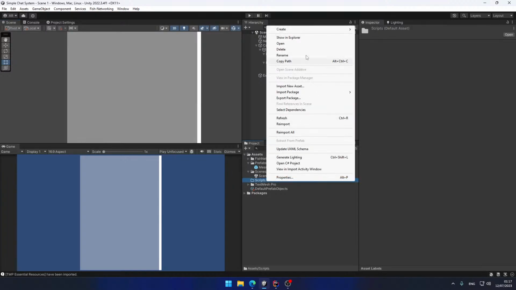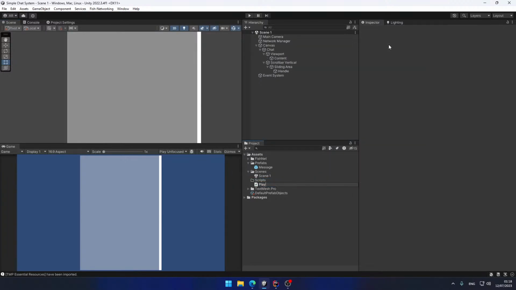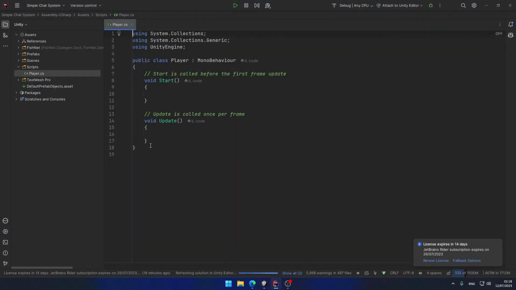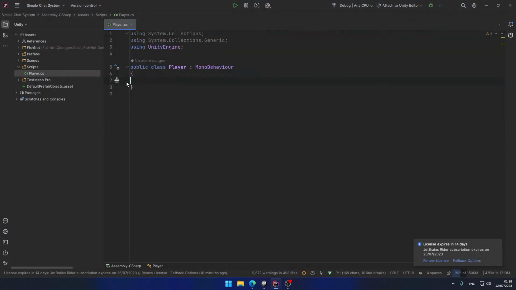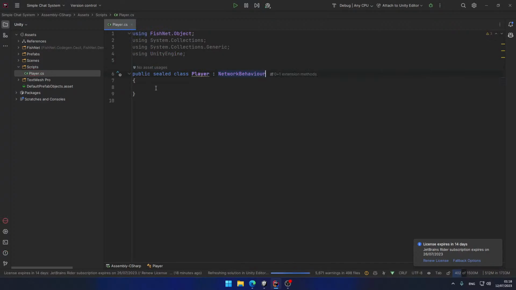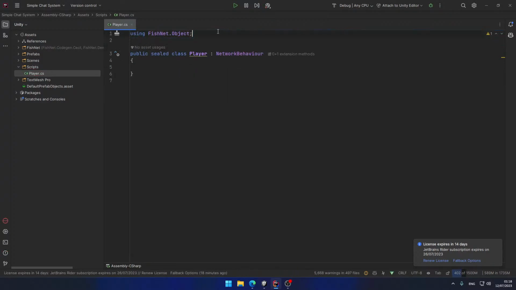First of all, I'm going to create a player script. Of course, I'm going to remove all the default code and seal my classes and make it derived from NetworkBehaviour and remove the default namespaces. I'm going to save this, go back in Unity,